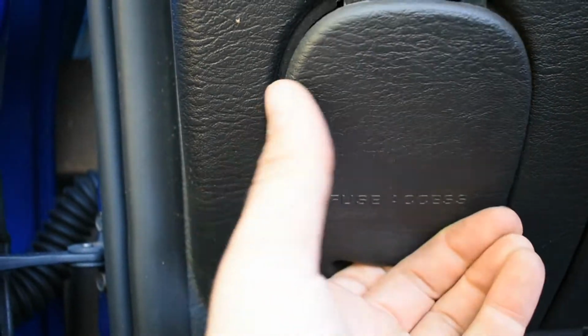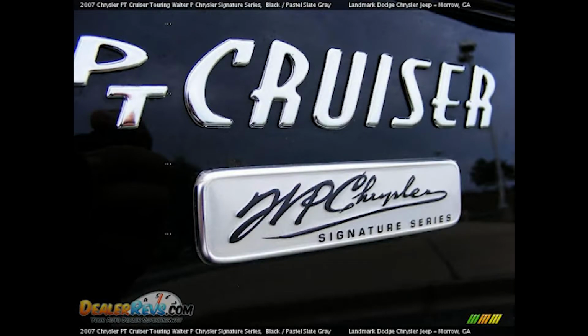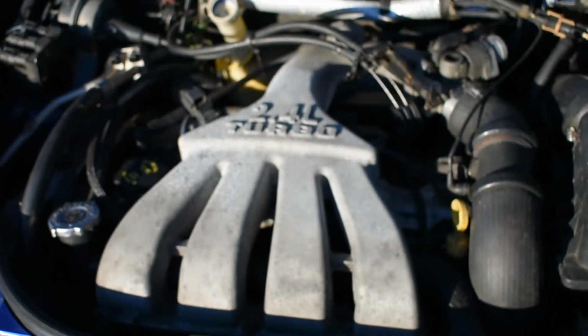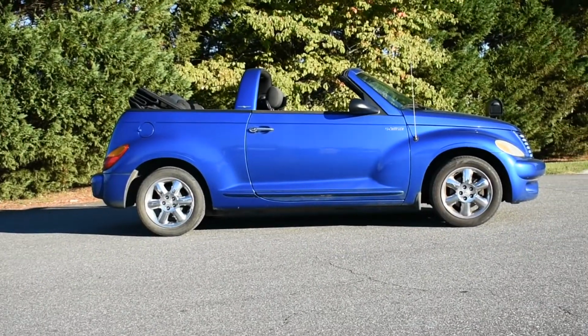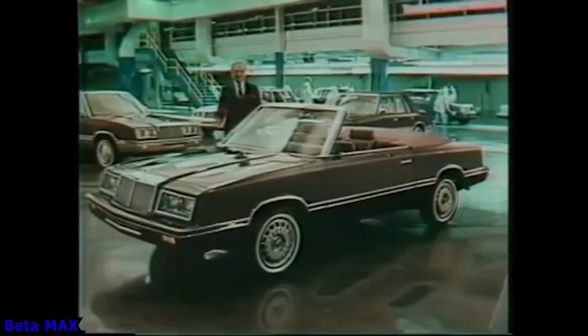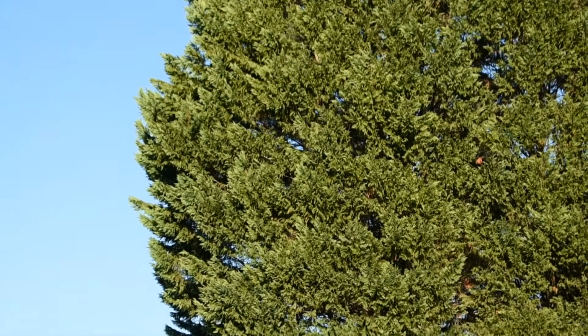You got everything from appearance packages like the Street Cruiser and the Walter P. Chrysler Signature Series, to the GT, which shoved a slightly different version of the 2.4-liter EDV high-output Turbo 4 that also appeared in the Dodge SRT4. Then, because boomers loved their cheap convertibles, something Chrysler was sort of known for with the Sebring and LeBarons, the PT Cruiser got a convertible version of its own. And, yeah,